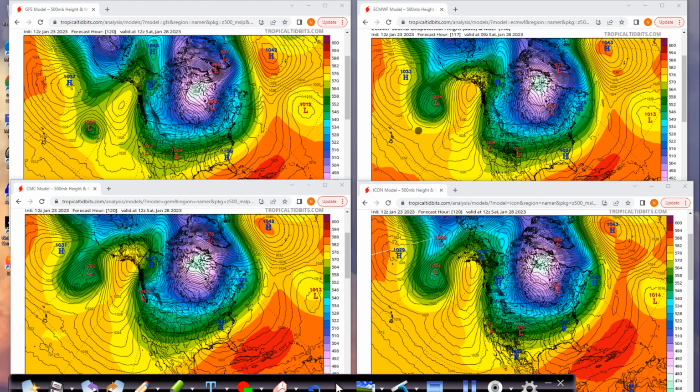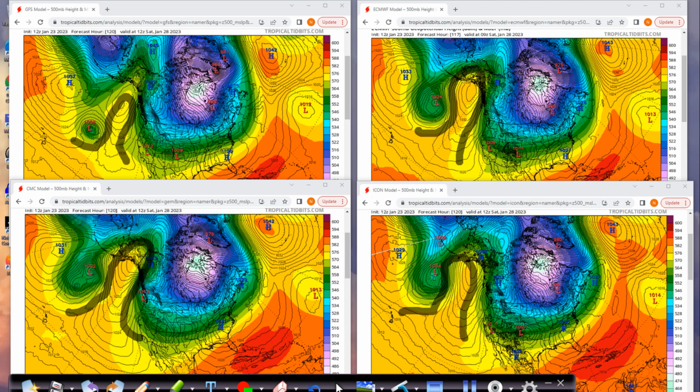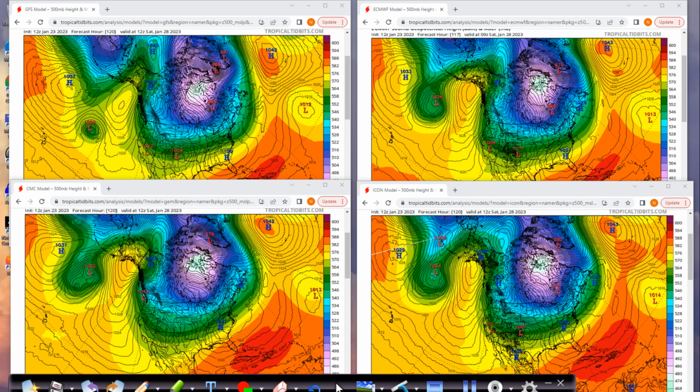So the European model, here's that ridge. German model, lower right, here's that ridge. In the Canadian model on the lower left, here's that ridge, still left over. In the U.S. model on the upper left, there's a bunch of it left. You don't see any of those orange colors anymore. It's a lot weaker. That upper level low to the northwest has cut off, is located a lot further southeast